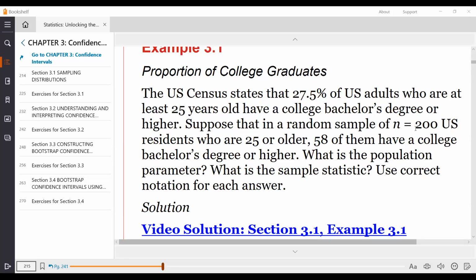So we take the square root of 0.275 times 1 minus 0.275, divided by 200. That's our sample size, and that would be our standard deviation. We multiply the square root of that by 2, and then we add and subtract that from 0.29. Now, that sounds a little complicated. It's not really that complicated, but in this course, we're not going to be doing that